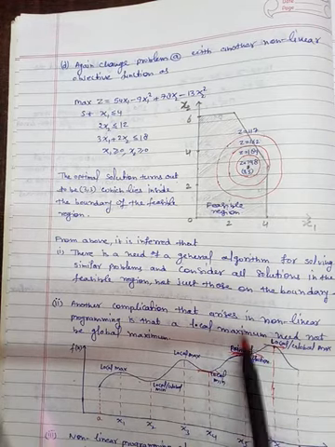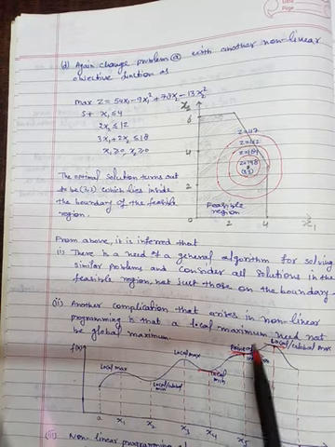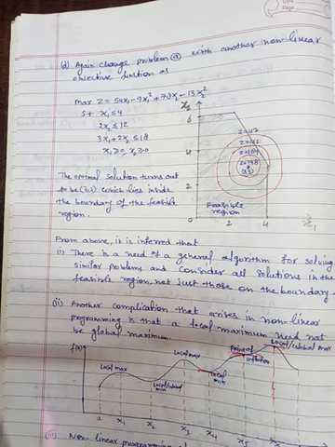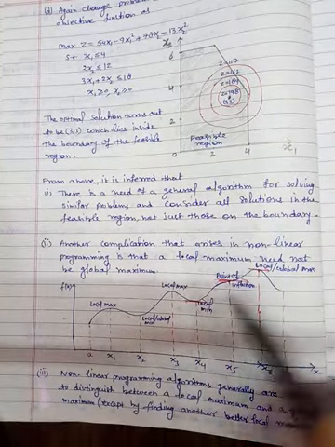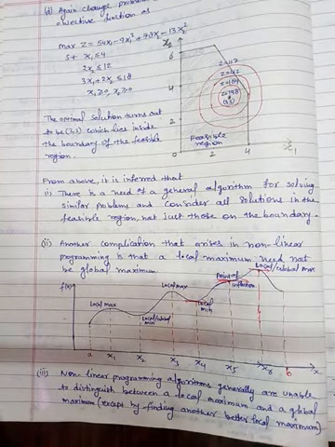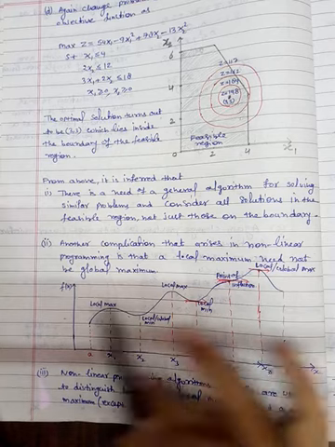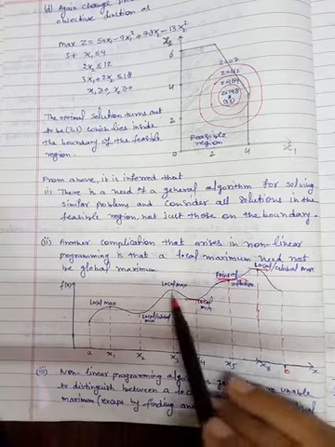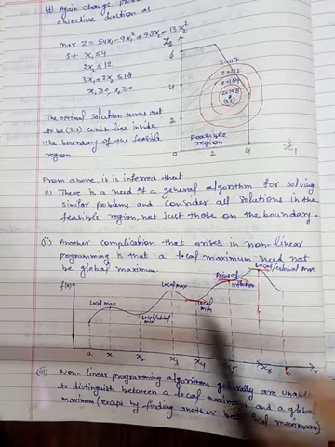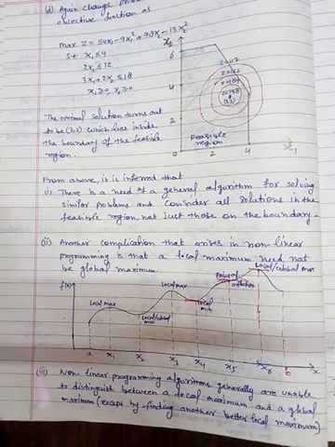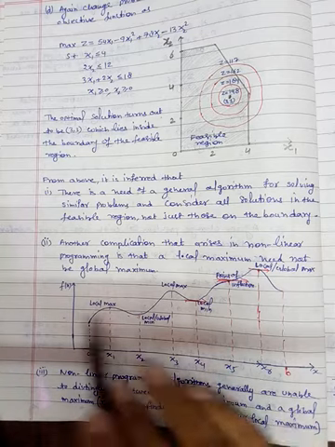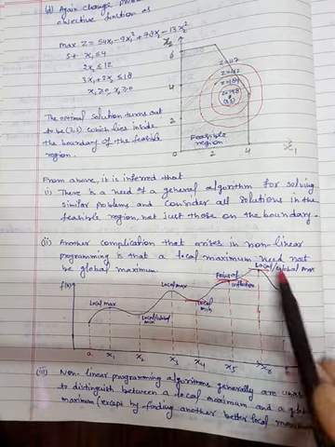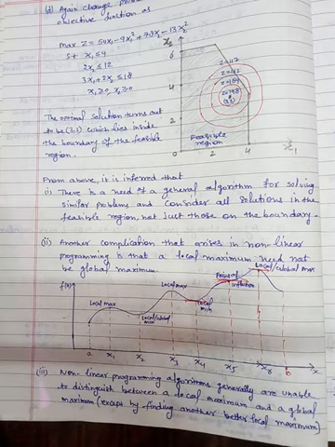Another complication that arises in non-linear programming is that a local maxima need not be a global maxima. जैसा कि लीनियर में होता है, वहाँ लोकल और ग्लोबल एक ही होते हैं, जबकि यहाँ ऐसा नहीं है. Here local and global they are different. For example, in this curve you will see that this is local, this is local, this is local, this is local, this is local, and among these this is the global one. So there are several locals. Among these there is a global. So local and global they are different. However, in linear programming problem, local and global they are same.